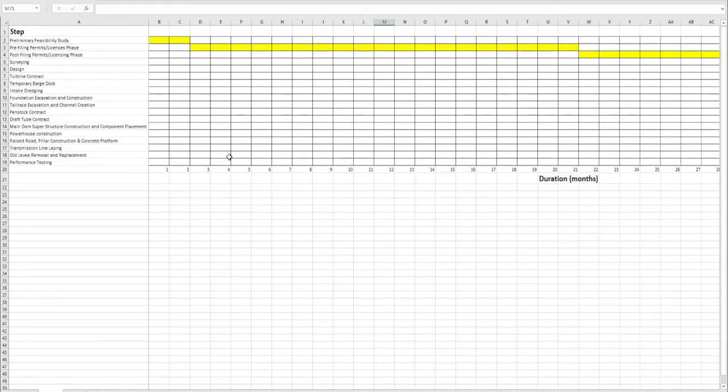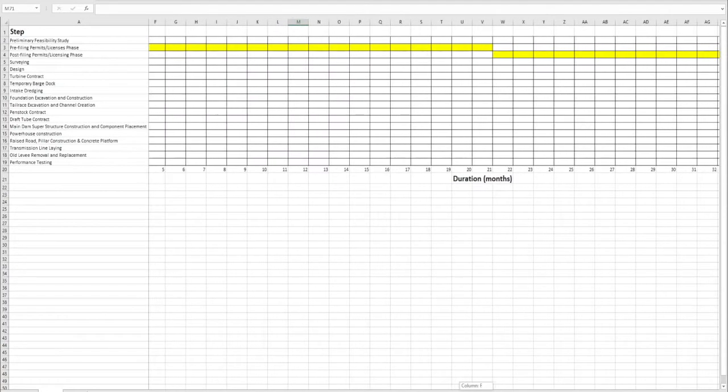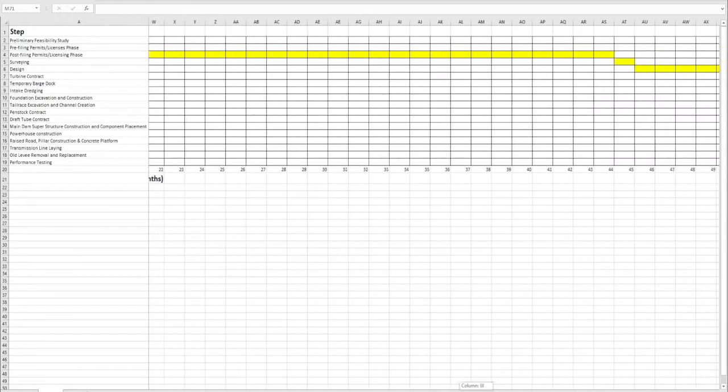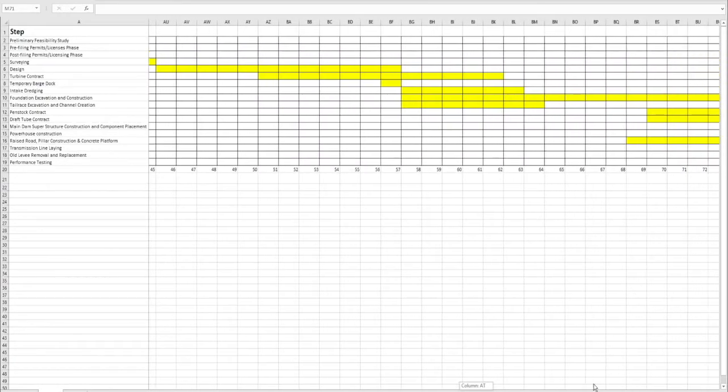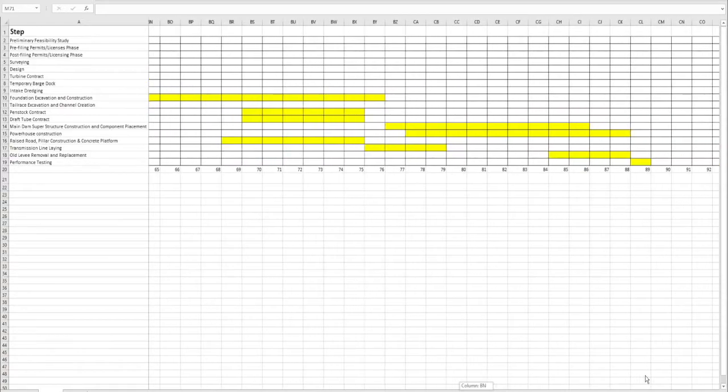And then for our schedule, we listed off some major things that we thought would go into the process of building this thing, came up with some month values from some research, and came up to a final 89-month